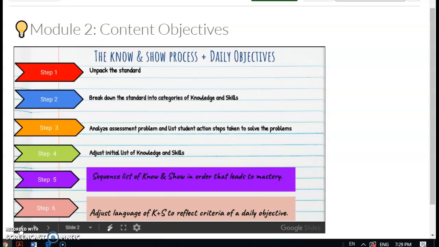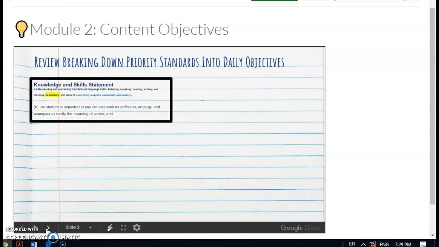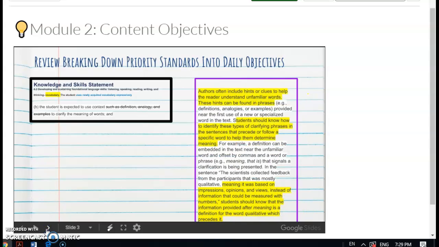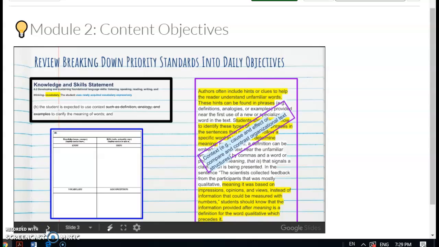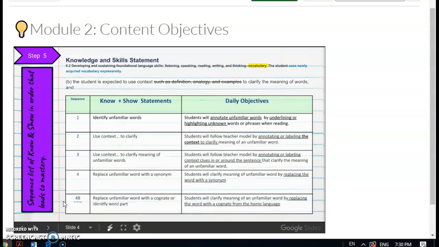We have specific criteria for writing objectives, and we're going to look at those in just a moment as well. So again, we looked at our standard, we looked at the specificity and gained insight there. And as a team, we collaborated, we made our list, we assessed, we analyzed the assessments, we added detail, and the next thing that we want to do is to take that know-show chart and do our